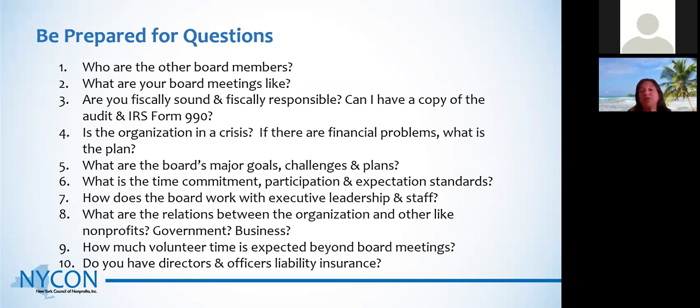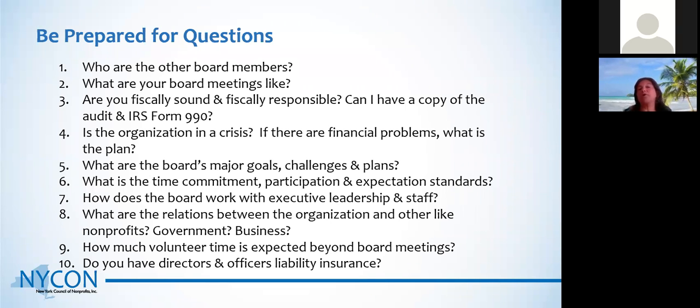They might want to know, is your organization in crisis? And do you have a plan for addressing it? And some people love dealing with crisis. They want to come into an organization, fix it, turn it around, and leave. Other people don't want to do crisis work. They want to come into a healthy organization and really fit right in and move forward. And so being clear with people can be really valuable, so that you get people who understand where you're at and can help in the right ways.